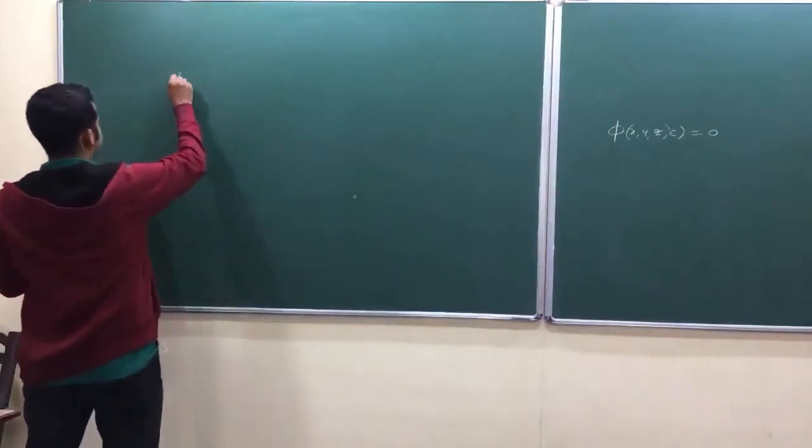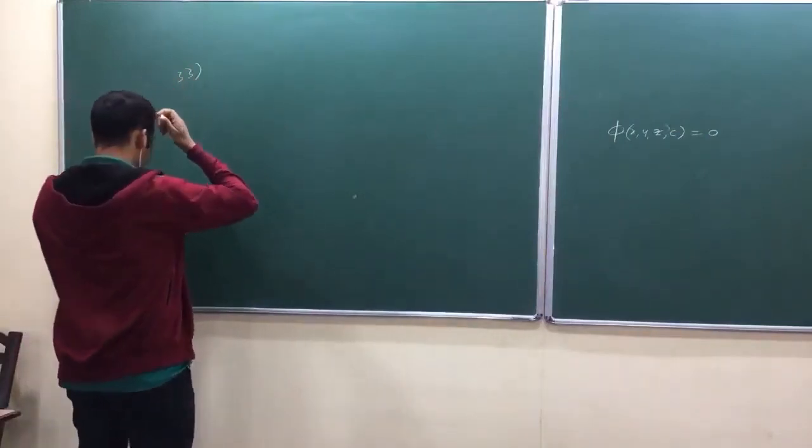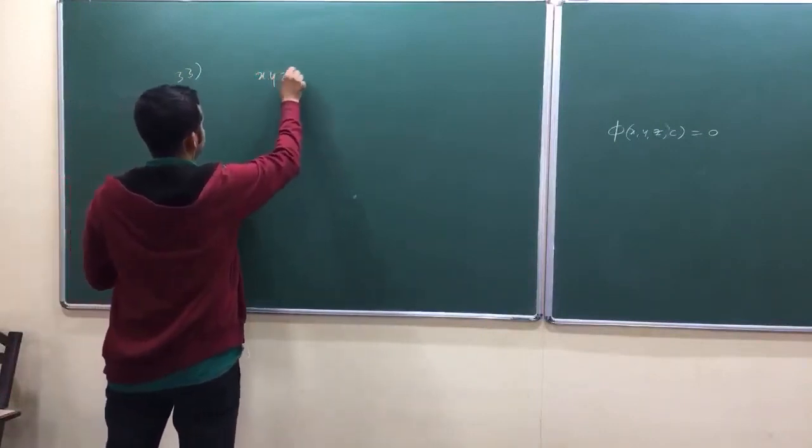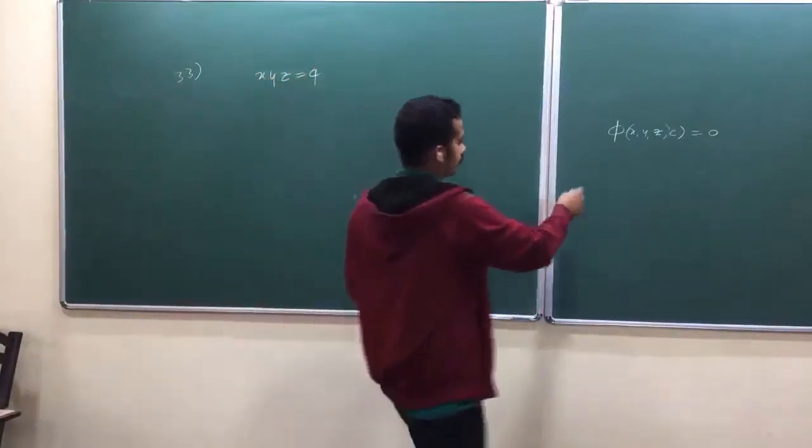Problem, 33rd problem in JEST exam. What is the equation of the plane which is tangent to the surface xyz = 4? Wait a second. Yeah, now I can recall the theorem. The theorem is,